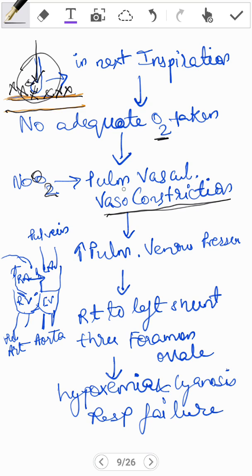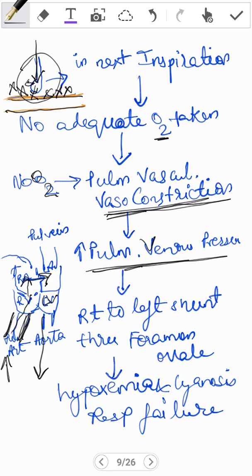So coming forward, the pulmonary vasculature goes into vasoconstriction, which would further increase the pulmonary venous pressure. Remember, the right ventricle empties into the pulmonary vein, so the pulmonary pressure is going to go up. You see, this is the pulmonary vein over here. If you have increased pressure over here, the blood is going to go back up from the right ventricle into the right atrium, and then through the foramen ovale, which is still patent in the newborn for a little amount of time. It goes into the left atrium and then into the left ventricle and into the system by